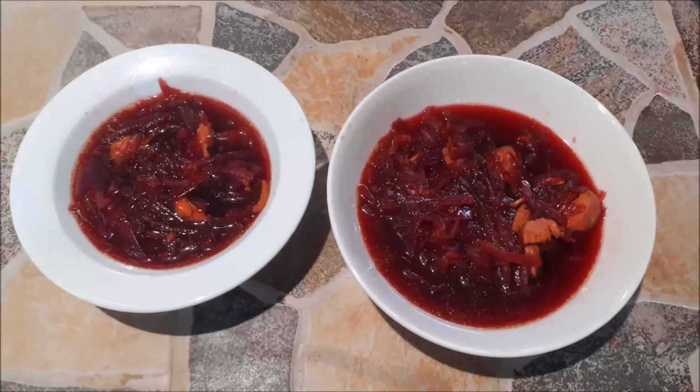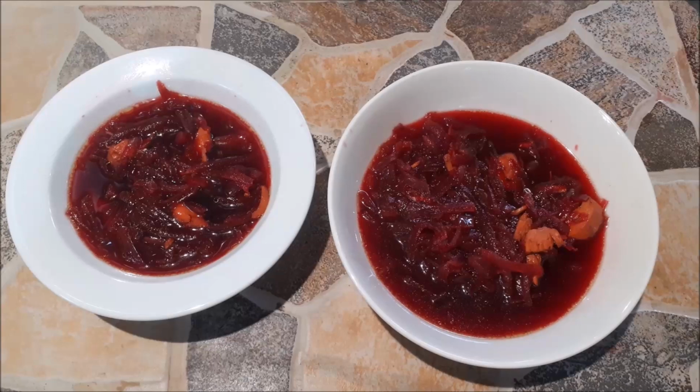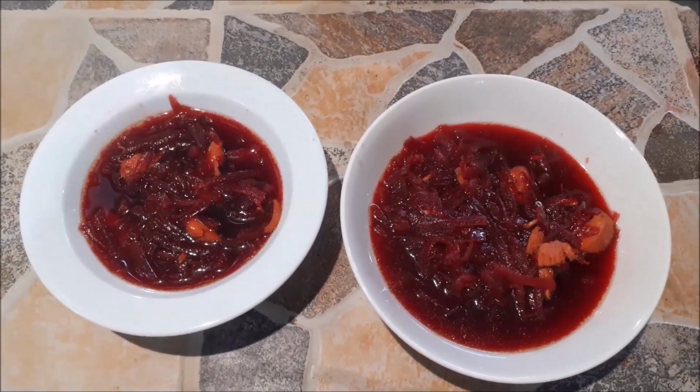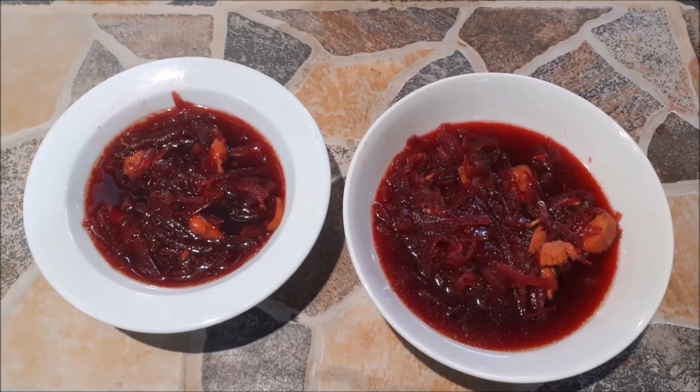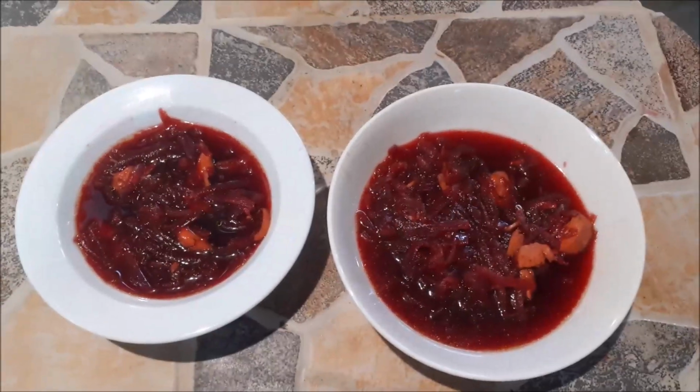So there it is, 2 nice bowls of borscht. You can serve this up with nice crusty bread, drizzle olive oil. Some people like a sort of cream in it. It's not my kind of thing, but